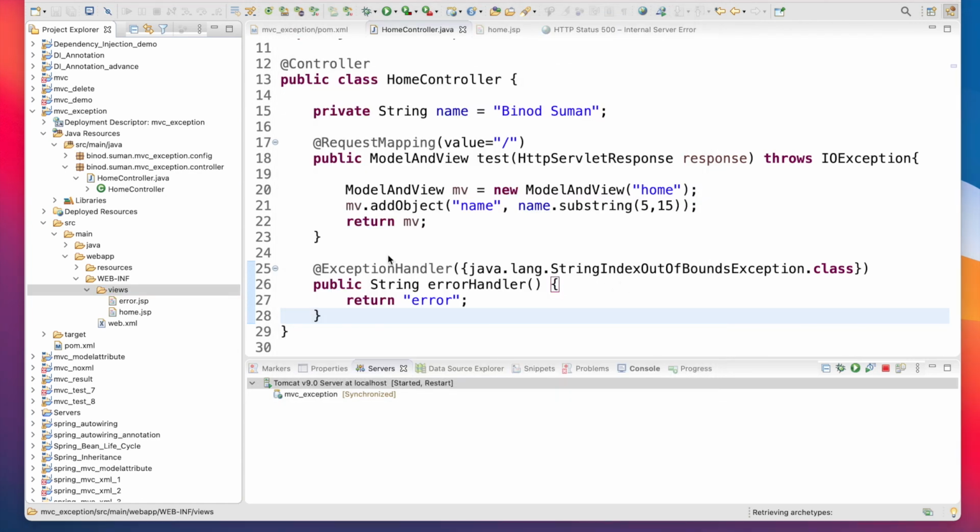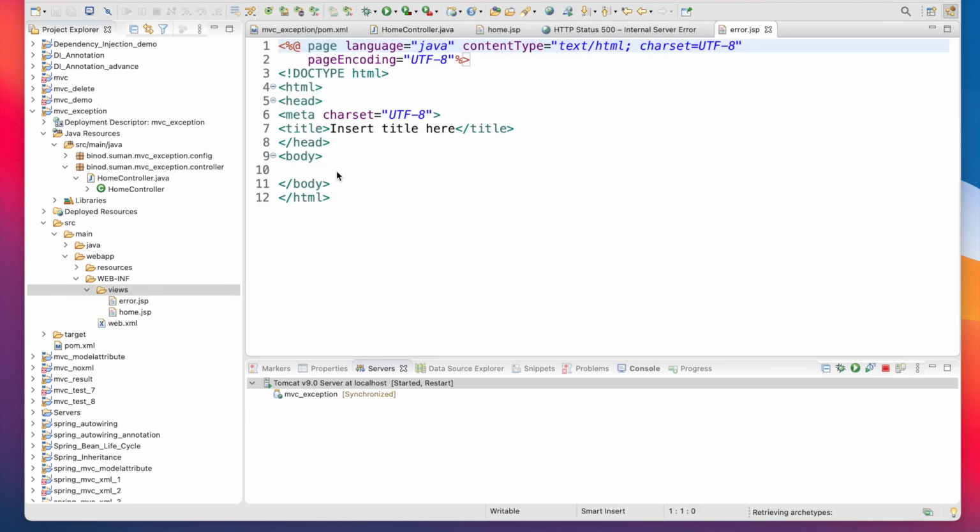And in the error.jsp page, whatever you want to show, you can just say anything. Oops, something went wrong. Instead of showing all those things, this message should come now.